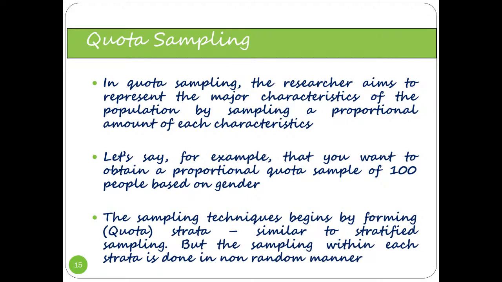The sampling technique begins by forming quotas. A quota is nothing but a category or stratum, similar to stratified sampling, but the sampling within each stratum is done by a non-random method, that is, not using any simple or stratified method. Okay, so here we come to the end of